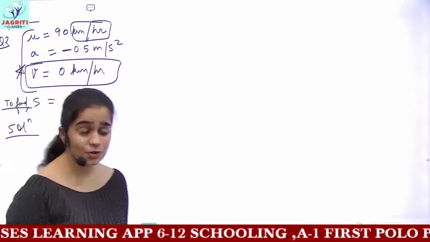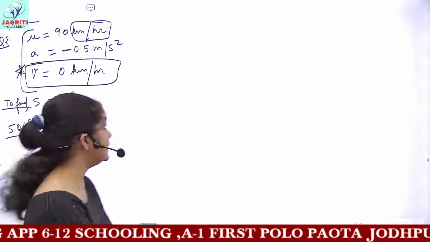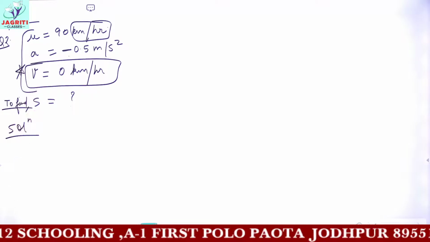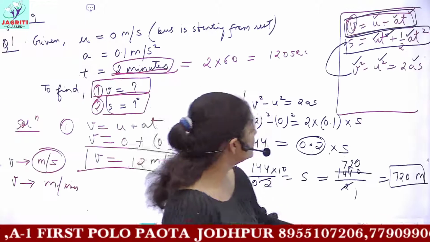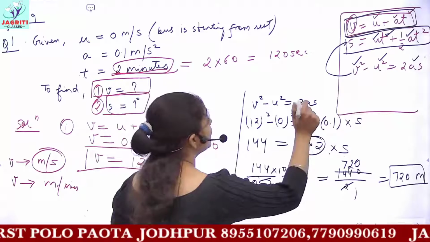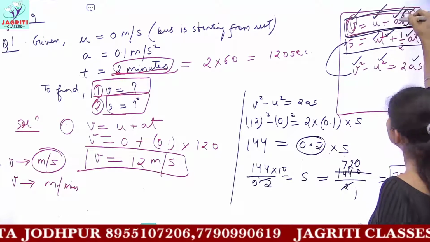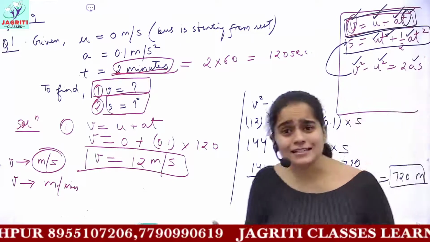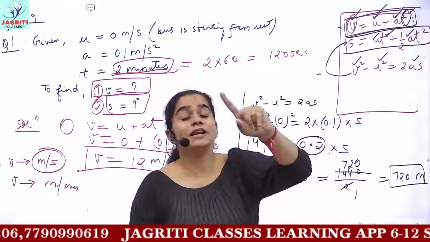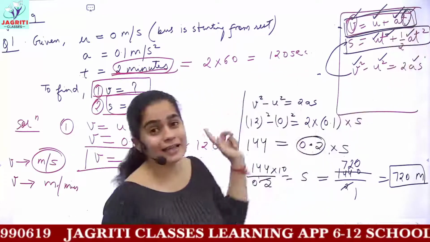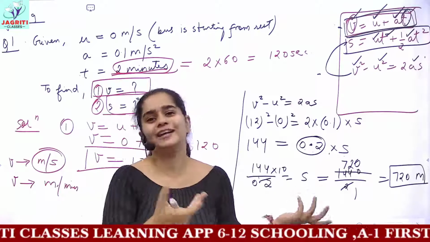And you know we have 3 equations of motion. Please do learn the equations. First one was V equals U plus AT. Can I apply the first equation here? No, because we do not have the time parameter. See, you have these 3 equations. If you try to apply the first equation, you have V, you have U, A is given but time is not given. And we are not asked about the time also. So why find time? If you apply the first equation, you will get the answer of time. But in this question, you have to find the distance traveled. So time has no marks, so why find time here?